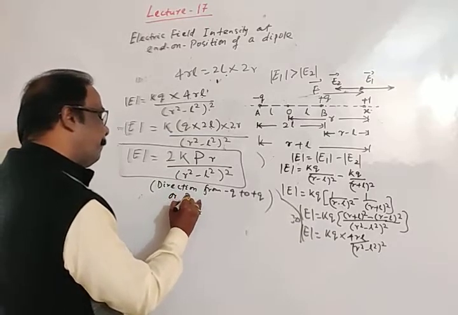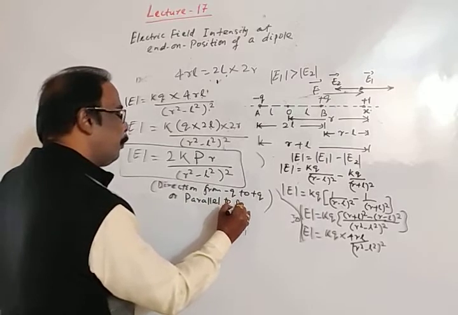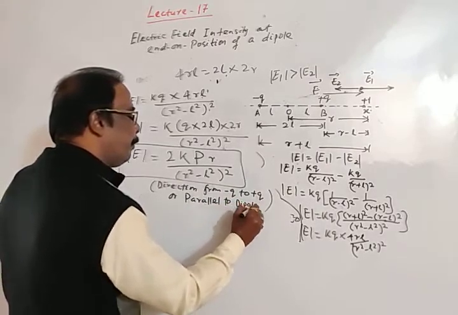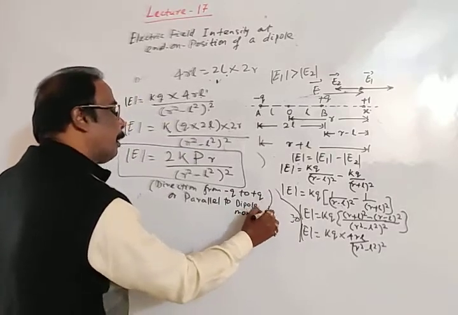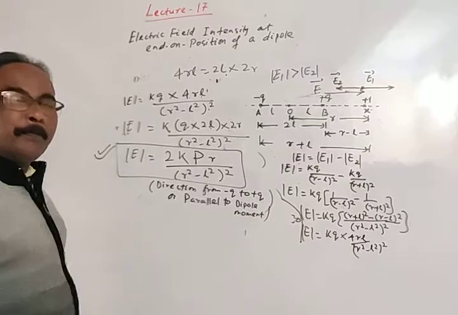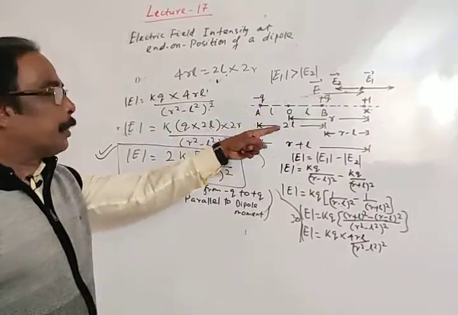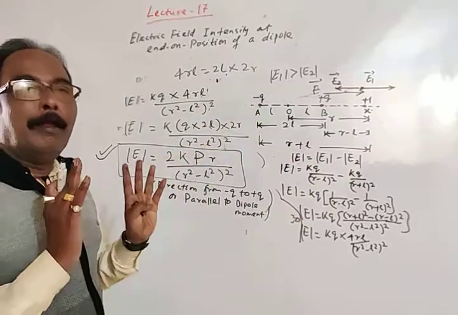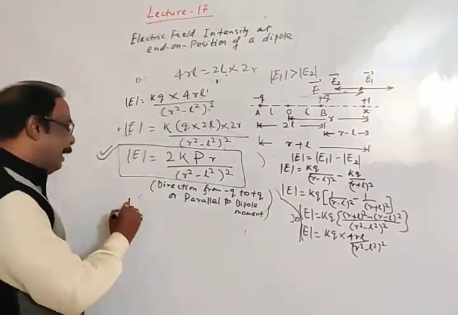Or we may write, parallel to the dipole moment. Minus Q to plus Q, or parallel to the dipole moment. So this is the formula for the electric field intensity at the end on position due to an electric dipole. Now, for an ideal electric dipole,